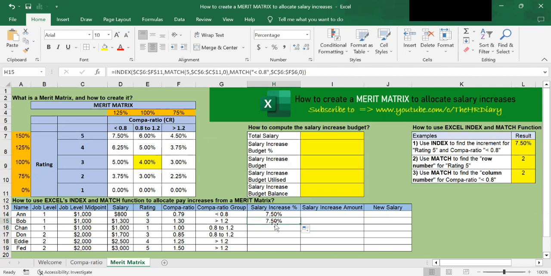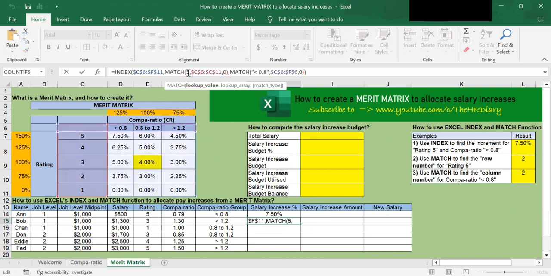I get 7.5%, so this is not correct. It has to be 3%. So to fix this formula, we need to change the hard-coded 5. All right, this hard-coded 5. We need to change this hard-coded 5,